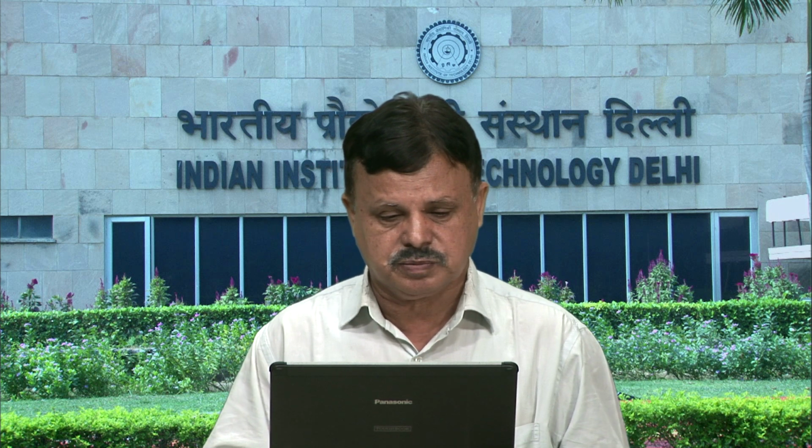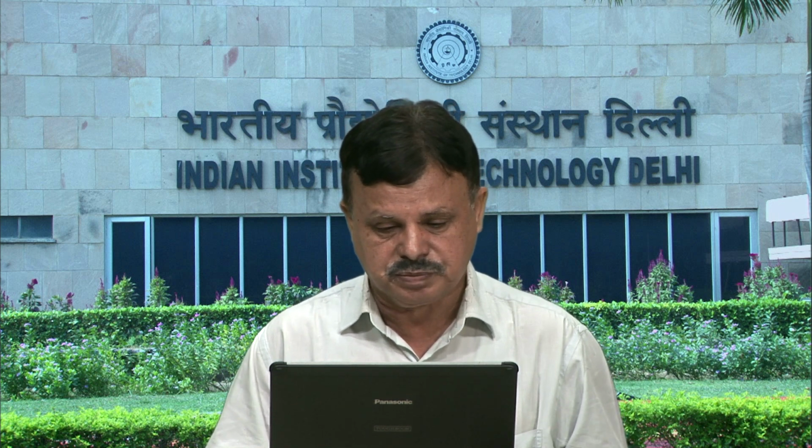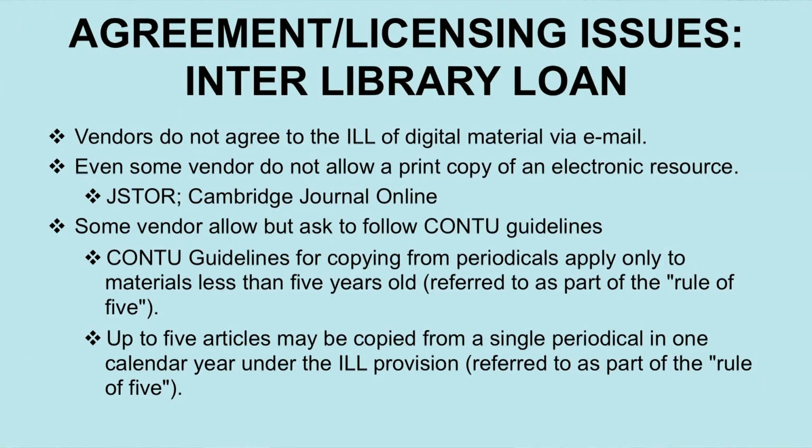whether what kind of provisions are there, whether there are some limitations with regard to numbers, with regard to time you can provide the resources through the interlibrary loan system. So, you have to understand all these provisions and accordingly make some changes in the licensing agreement and get these provisions incorporated. Sometimes some vendors allow this kind of facility, sometimes the vendor does not allow. So, this depends upon your own requirement,